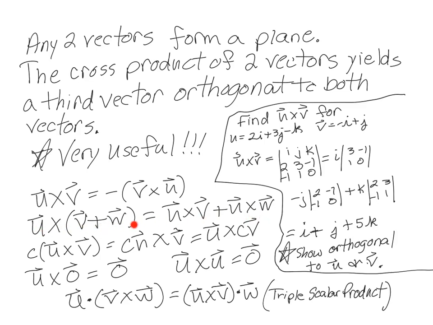Cross product is distributive. If you're adding two vectors and you want to cross another vector with that sum, you can add the two cross products. I don't know why you'd want to. Seems like a lot more work, but it is true. Scalar multiple of a cross product: don't multiply both of these because then you'll have c squared times it. You can multiply the first or you can multiply the second before you do the cross product, but do not